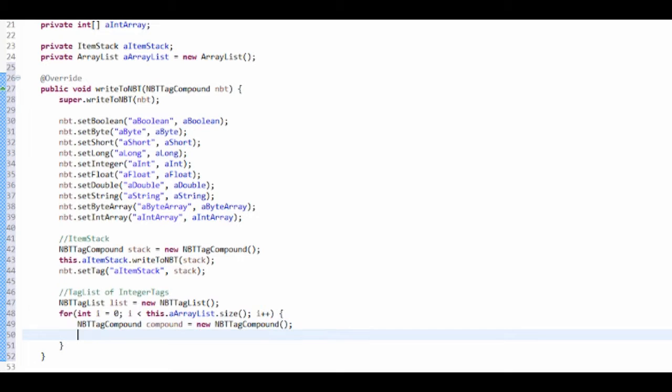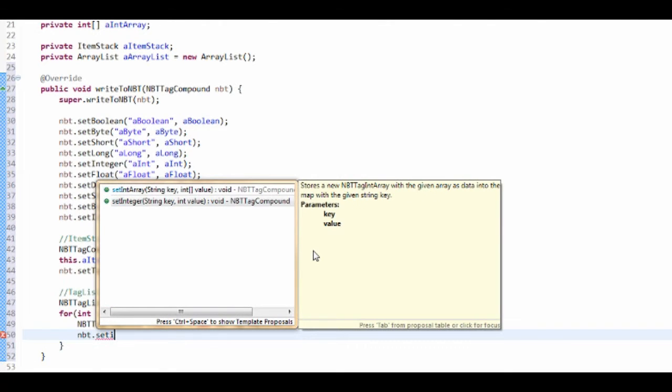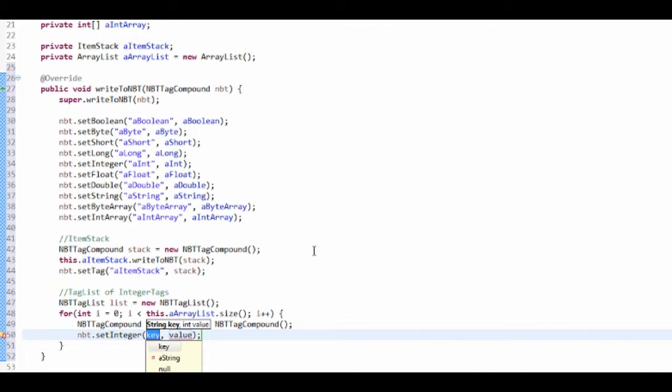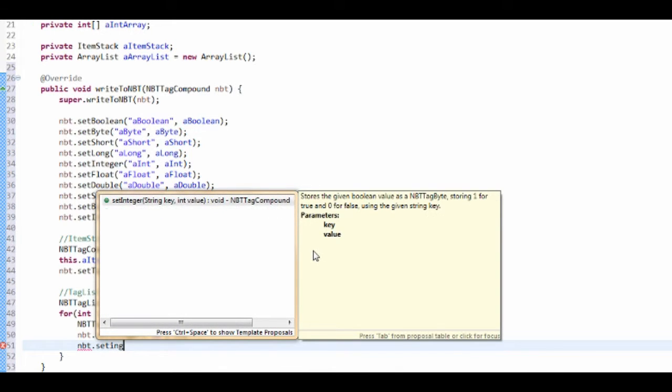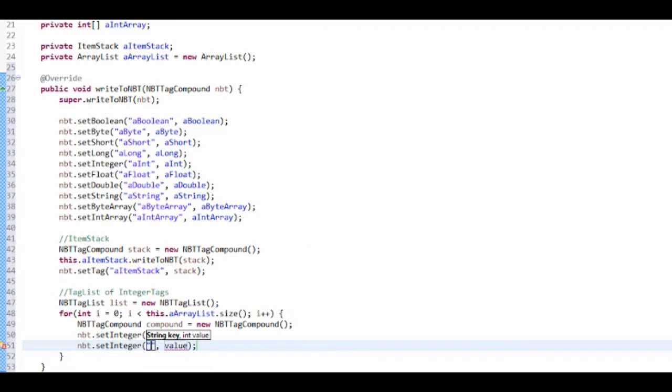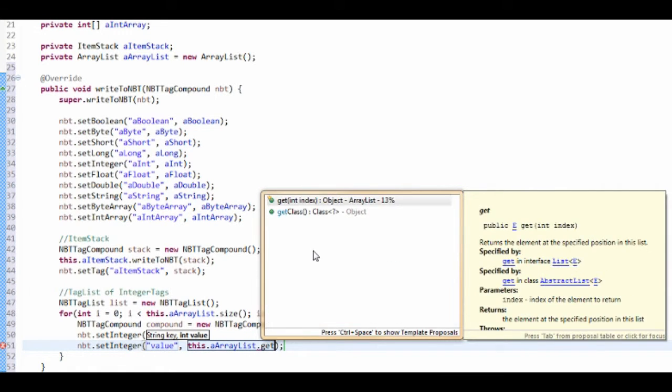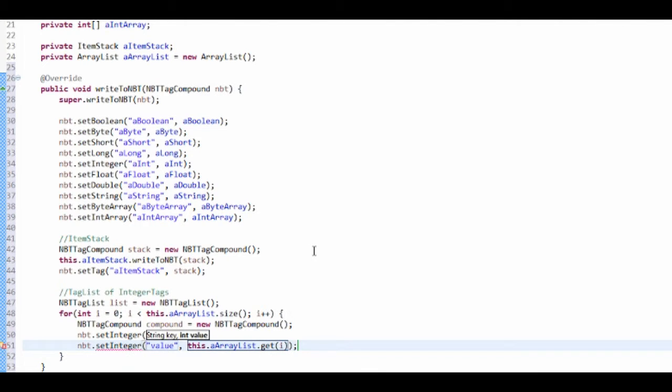And then you want to do NBT.set integer, and the ID is going to be ID, the value is going to be i, and it's also going to have another integer, so NBT.set integer, and it's going to be the value, so the actual value of the NBT, and that's going to be this dot a array list dot get, and that's get i, so it's going to get the ith one, and that's going to want me to cast that to an integer,